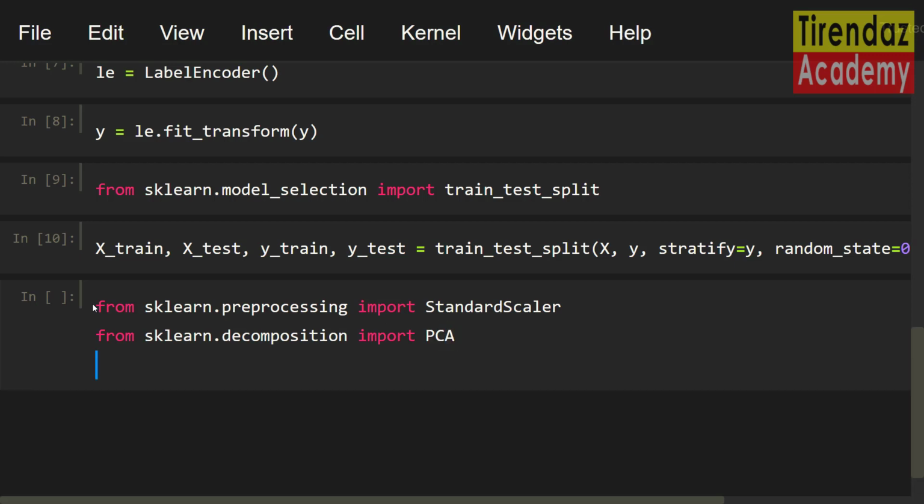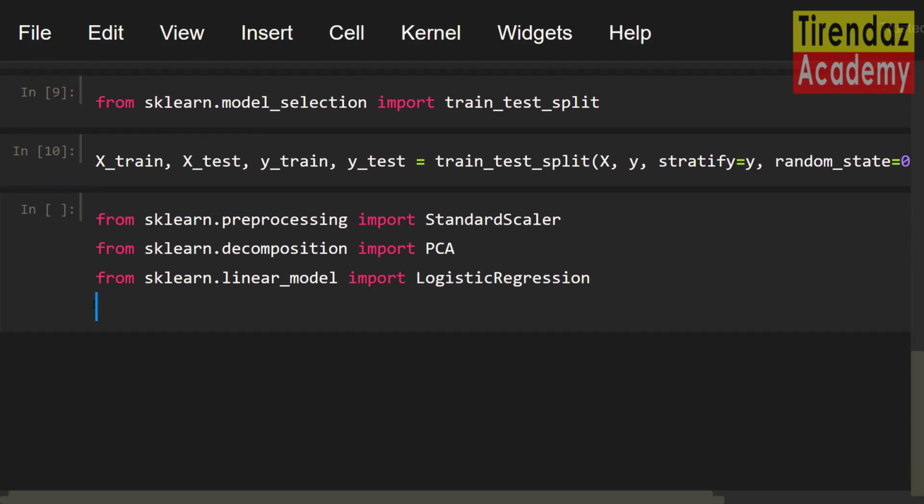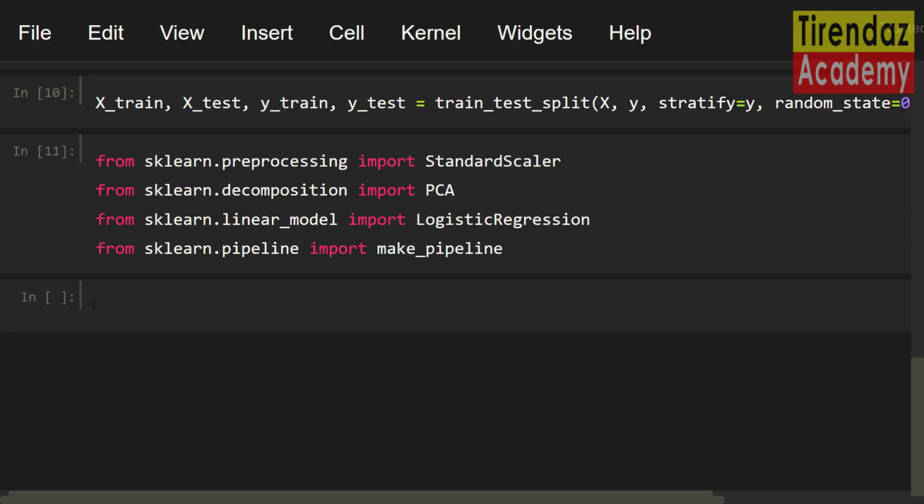To build the model, I'm gonna import the LogisticRegression class from sklearn.linear_model import LogisticRegression. To use the pipeline, I'm gonna import make_pipeline from sklearn.pipeline import make_pipeline. The make_pipeline creates a pipeline for us and automatically names each step.